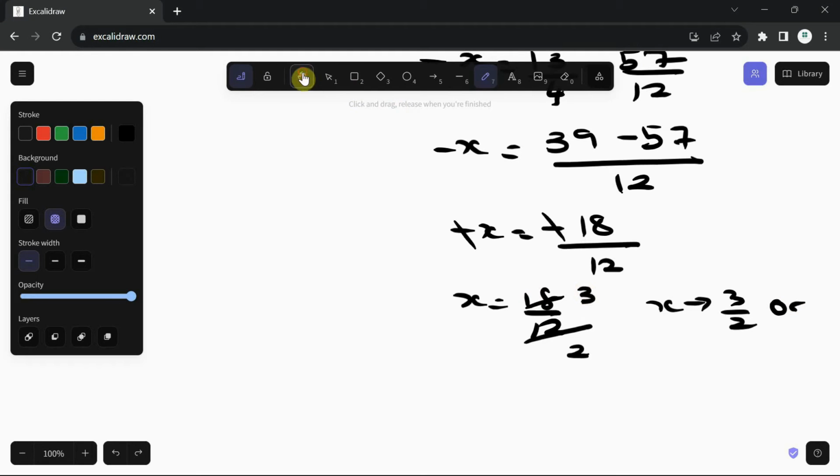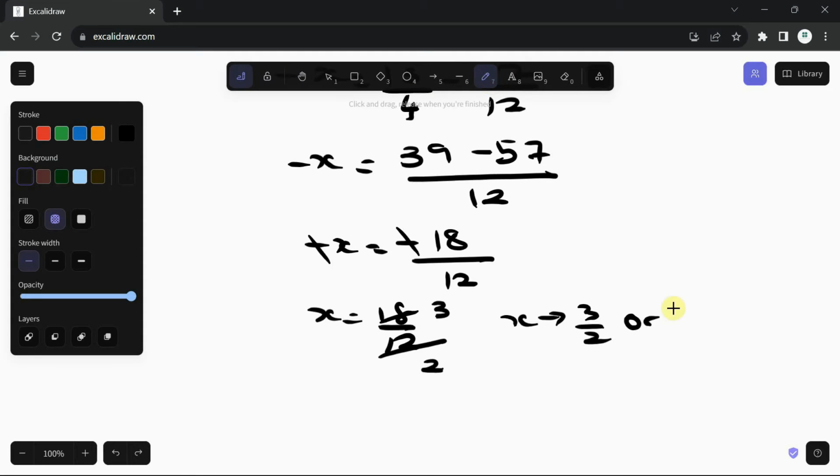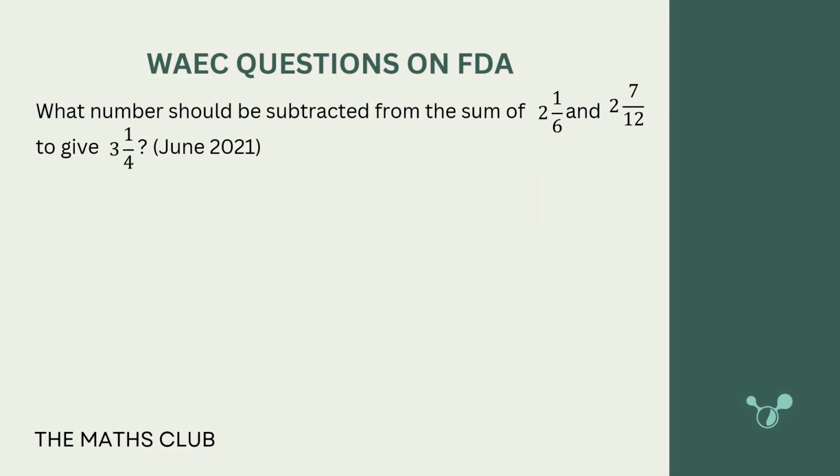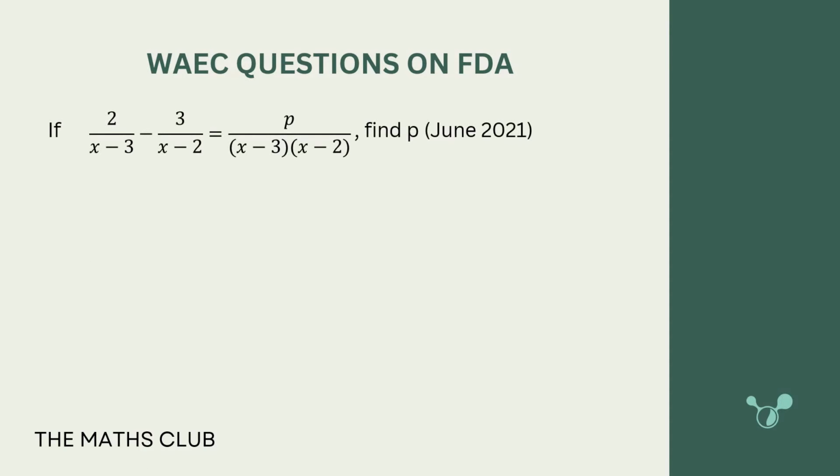What else, how can I represent 3 over 2 again? Great, 1 whole number 1 over 2. Right, so that's basically it. Let's see if we're correct. So we see 1 whole number 1 over 2, which is option B, and that is our answer. Great. So let's continue. So this question says, if 2 over x minus 3 minus 3 over x minus